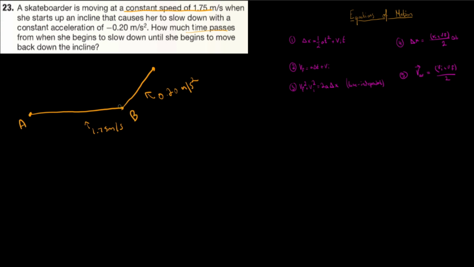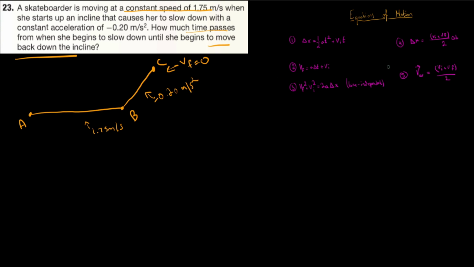So let's write it all down. She starts moving at a constant speed of 1.75 meters per second. And then at this point over here, she starts moving up an incline with an acceleration of negative 0.20 meters per second squared. And then she stops, right? Because she begins to slow down until she begins to move back down the incline. This means right here that she went up, stopped, and then went back down. So there was some kind of zero velocity over here. So v final will be equal to 0. So knowing this information, we can calculate